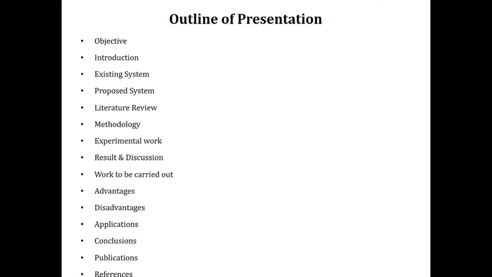In the next slide you need to give the overall outline of the presentation. The main headings of the upcoming slides, what content you are going to present, you need to bring in the outline of the presentation. It should be a single slide. In that you need to mention either the objective, or somebody says abstract. If you go to PhD level we can say abstract. So the first one is the objective, followed by the introduction.